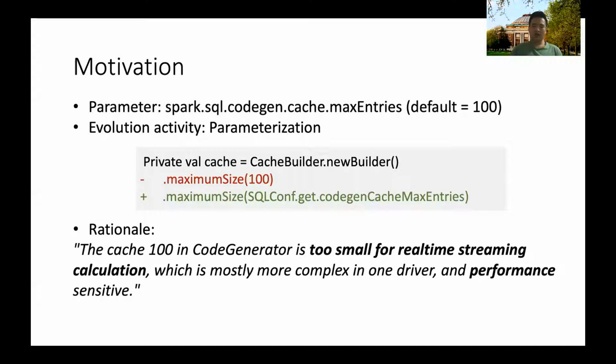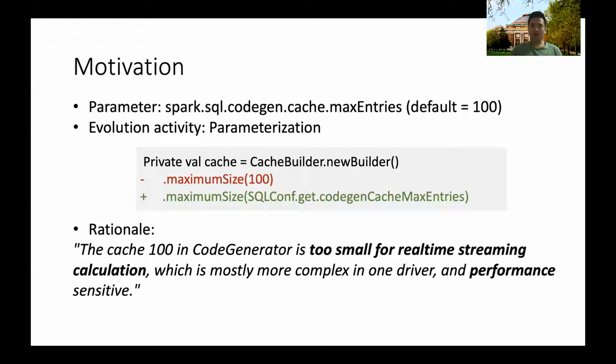If we go deeper, we'll find the reason behind this is because 100 is too small for real-time streaming calculation, which is mostly more complex in one driver and performance sensitive. So from this case, we can know that sometimes a constant value may not fit all scenarios, and we may want to change it to configurable.